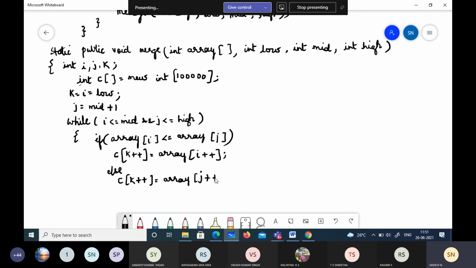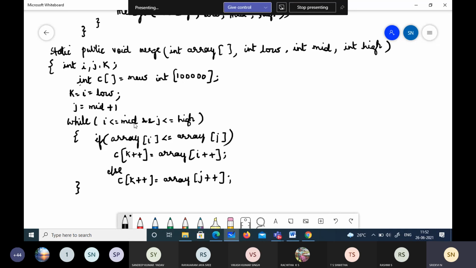You need not memorize the program by heart. You have to just understand the logic. So what we did, we just took index k and i pointing to low and j pointing to mid plus 1, and we compared. So how long do we do this? Until the elements in the first half array are exhausted and the second half array is exhausted.